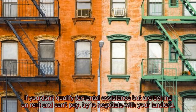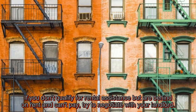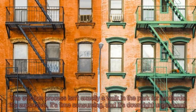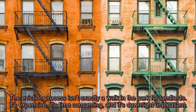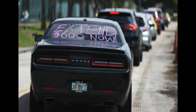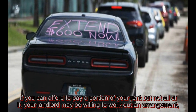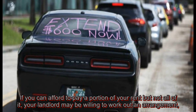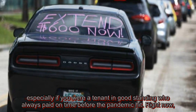If you don't qualify for rental assistance but are behind on rent and can't pay, try to negotiate with your landlord. The eviction process isn't exactly a walk in the park for landlords. It's expensive, it's time-consuming, and it's downright unpleasant. If you can afford to pay a portion of your rent but not all of it, your landlord may be willing to work out an arrangement, especially if you were a tenant in good standing who always paid on time